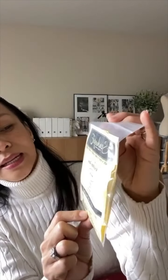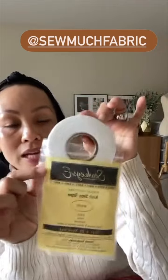Okay, so I have here Keys E, an extremely fine fusible knit stay tape. Oh, awesome. So it's just in this bag, and it's a roll. This is the stay tape for knits. You guys can check all this stuff out on So Much Fabric store. Thread is color 394, and then